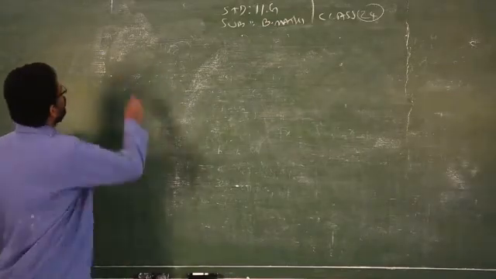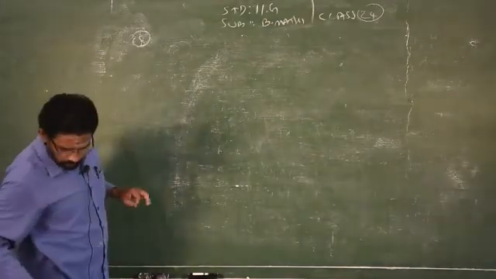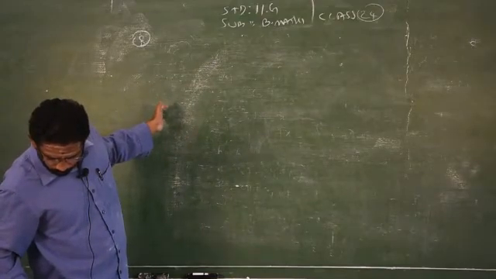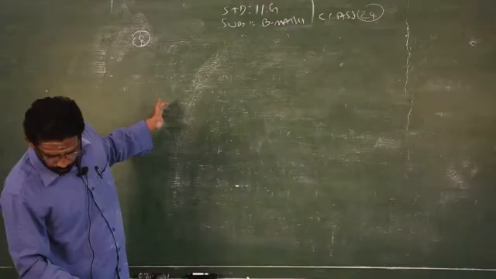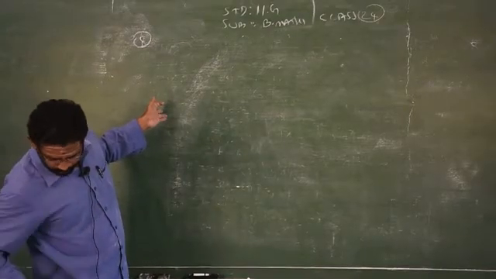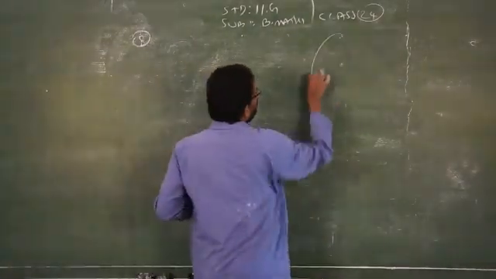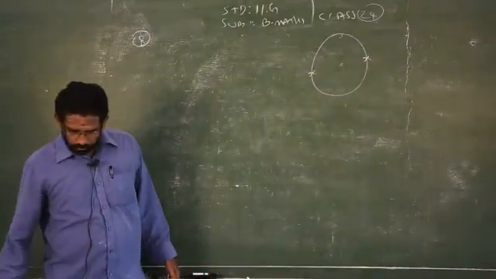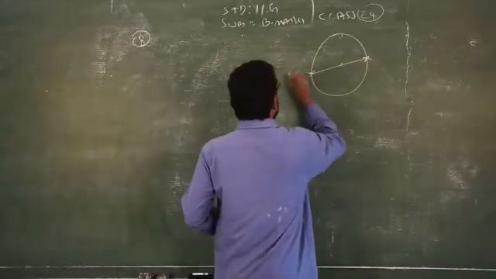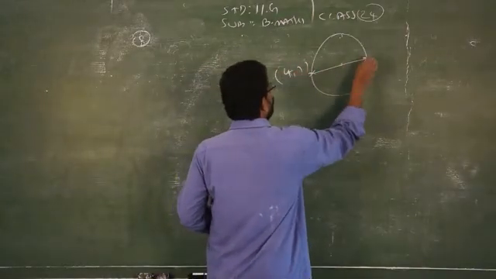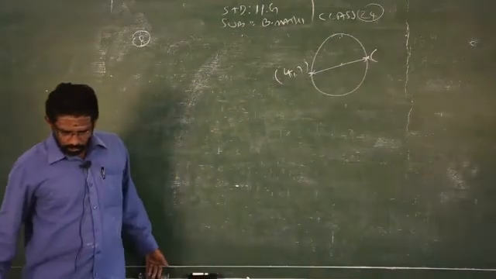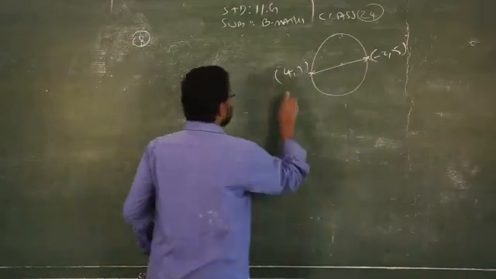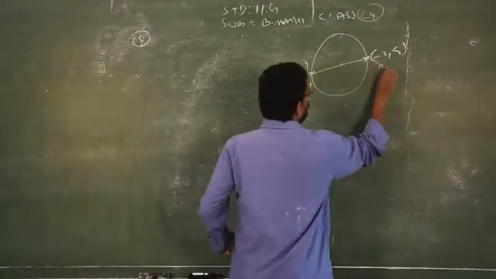So now question number 8. Question number 8 is very simple, same concept, like sum number 4 of the second Roman number. So again the same concept. The extremes of the diameter are given, 4, 7 and here it is given minus 2, 5. This is x1, y1, x2, y2.